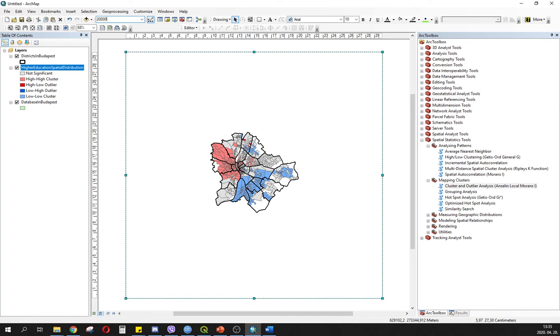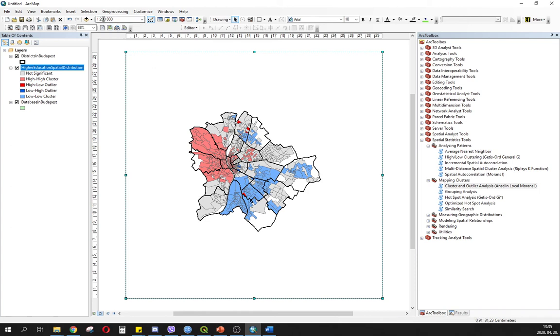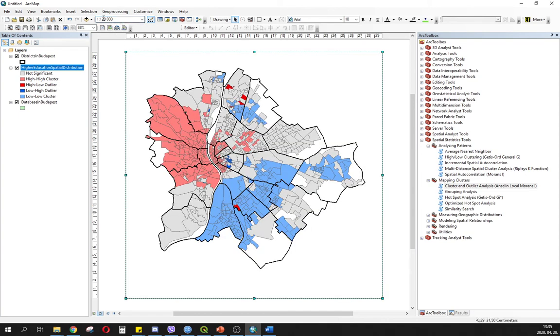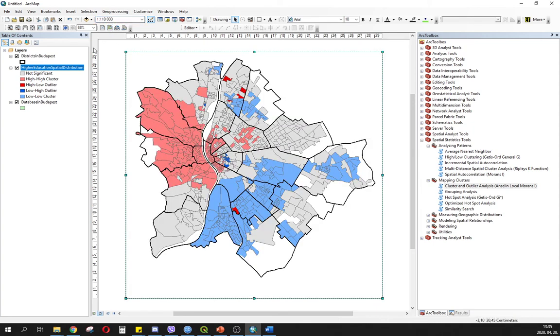is 200,000. No, that's not enough. So 110,000 will be the scale, and if the map is not in the right position,